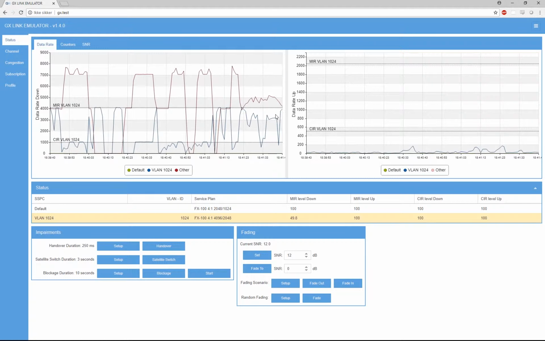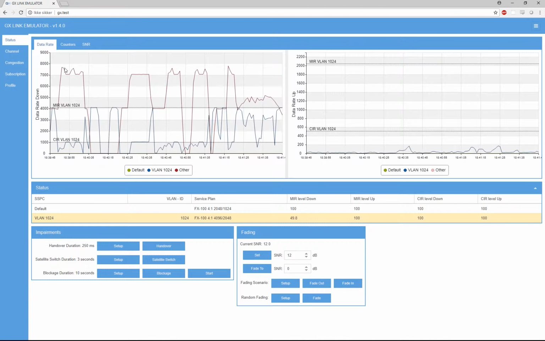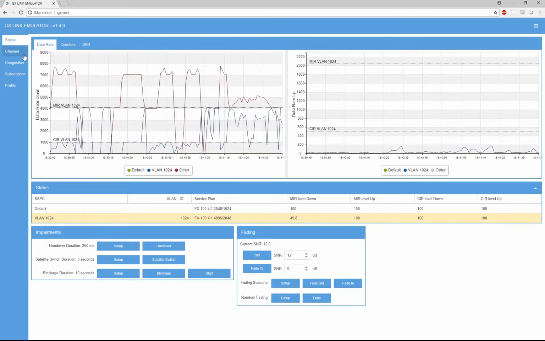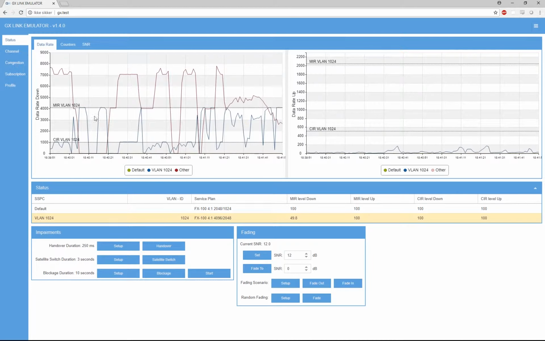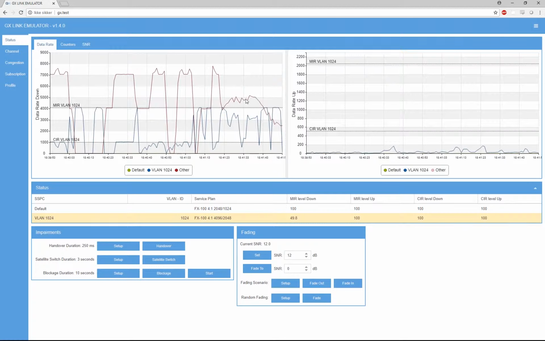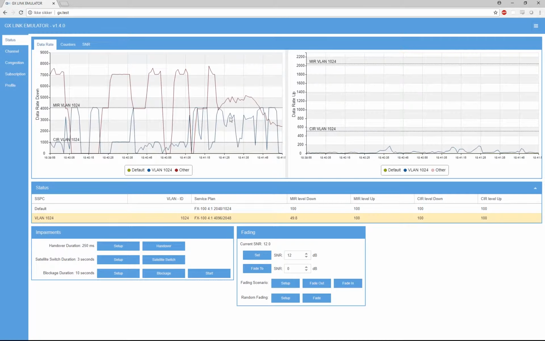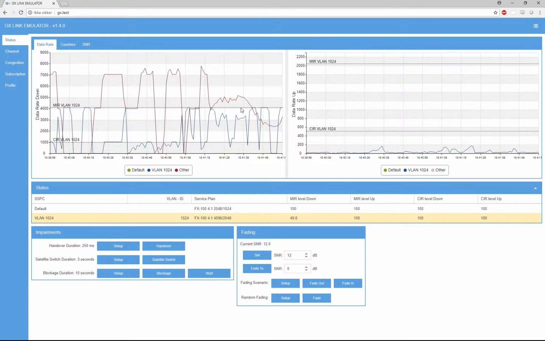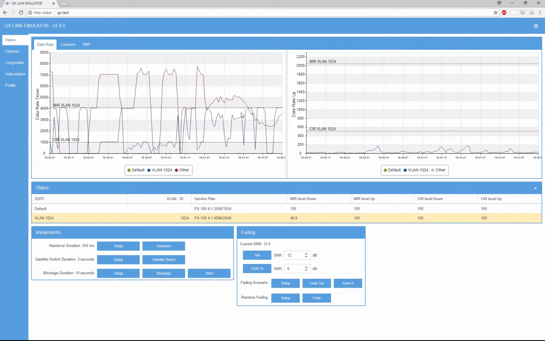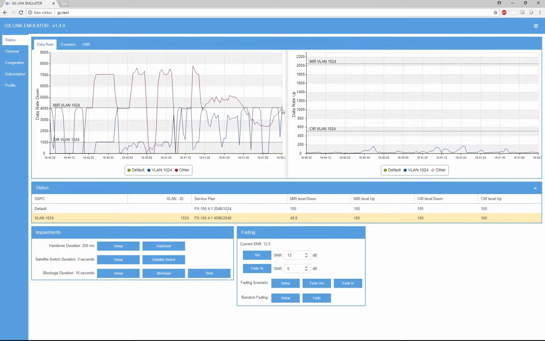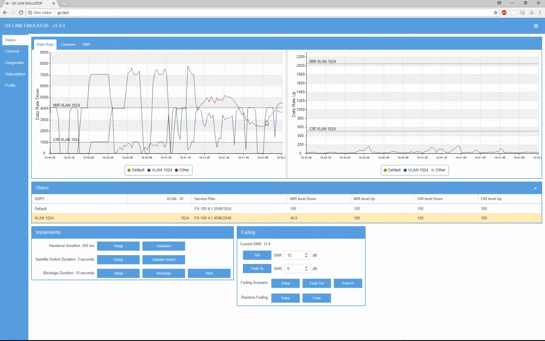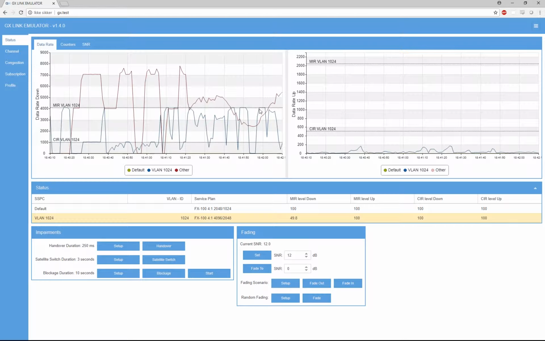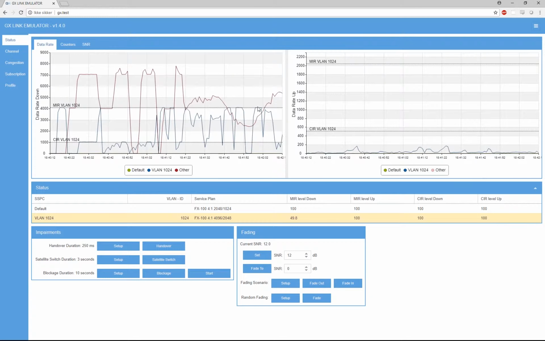And again you can see the sum of these two charts should not go beyond the 8 megabits that I have specified for the cell. You can see at this point the background load used more than 4 megabits, so your own application cannot get the 4 megabits that is your MIR. At this point the background load is below 4 megabits, so your application can get the 4 megabits MIR.